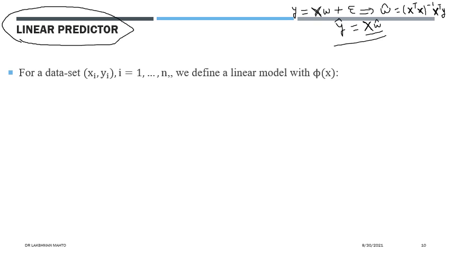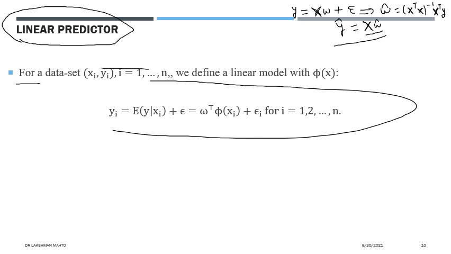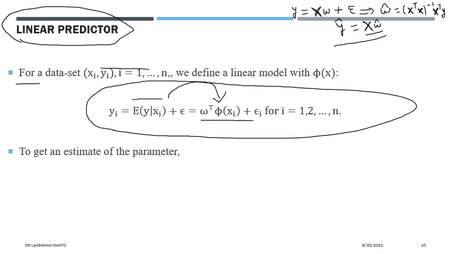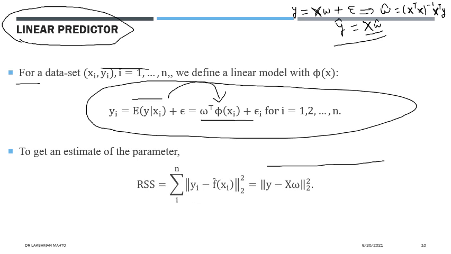Given a data set having n data points, we define a linear model with a suitably chosen basis function. This is the linear model, the prediction function or regression function, and there we are putting a linear approach, linearization, through some basis function. Afterward, to get an estimate of the parameter, we define some kind of error criterion function. The simplest error criterion function is the least square error, through the least square approach.